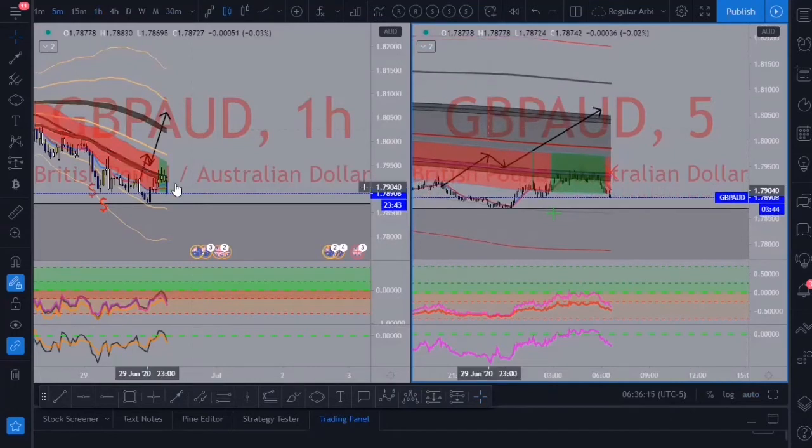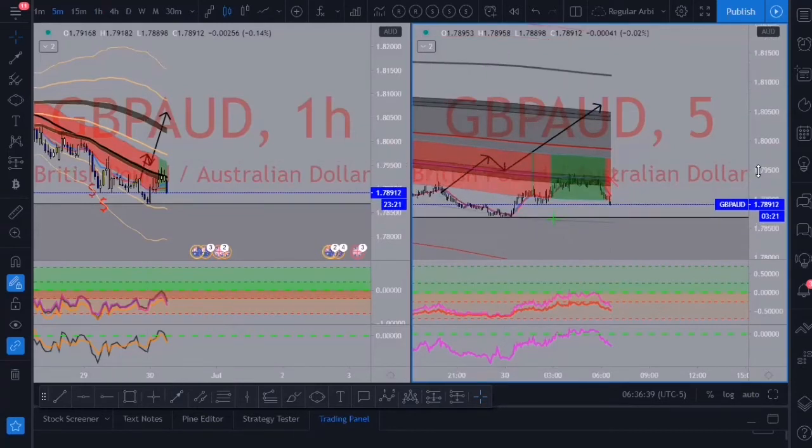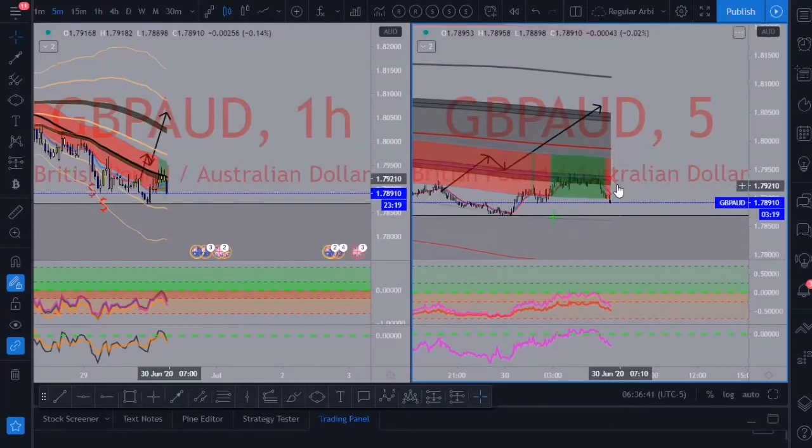So I'm not really going to change anything because this basically tells you what I want to see. I want to see price go up, which it almost did. It almost broke through it, but it used it as a resistance this time. So we kind of have to wait at this point. But like I said, I want to see price break through, retest the RSI line, and then go up. So nothing's really changed on my analysis for GA, but this isn't really on my radar right now.